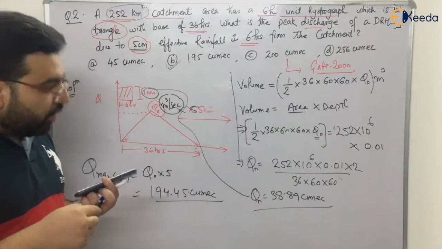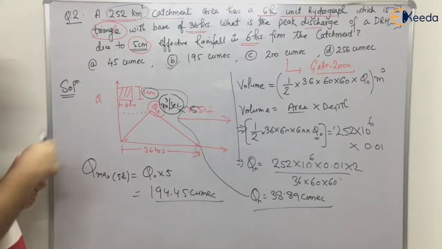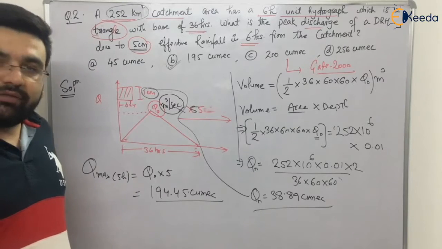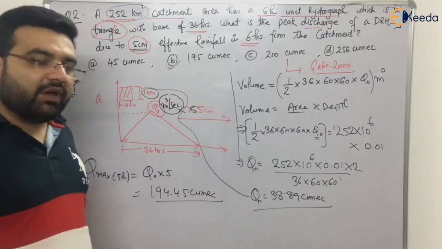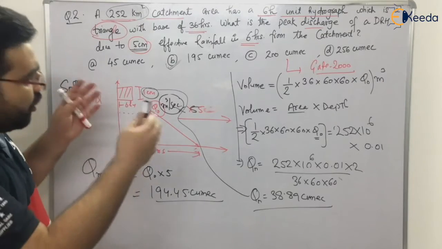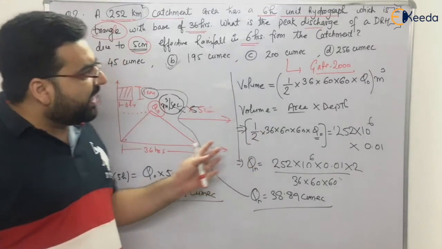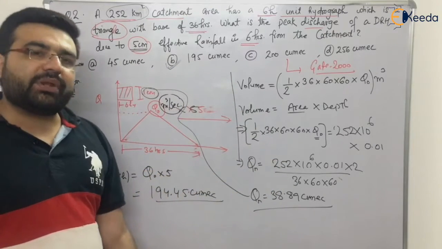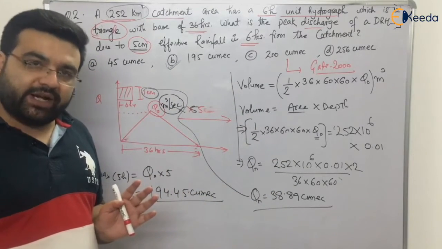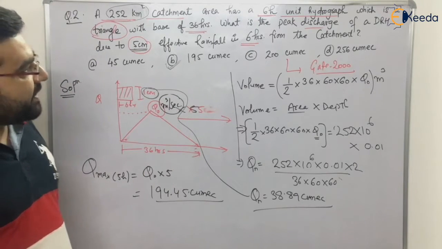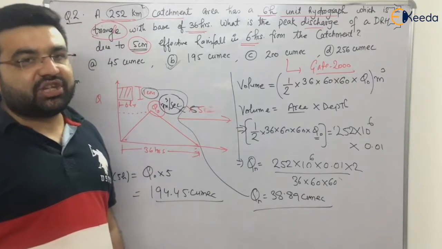Clear? So I hope that you have understood how to solve questions on the unit hydrograph, whether it is an instantaneous unit hydrograph or by the help of S-curve or the method of superposition. I felt only these two questions were a little bit tricky. Otherwise, whatever questions have been asked in previous years are very simple, right? So I hope that you have understood the numerical. So now this chapter is over. The hydrograph analysis chapter is over.